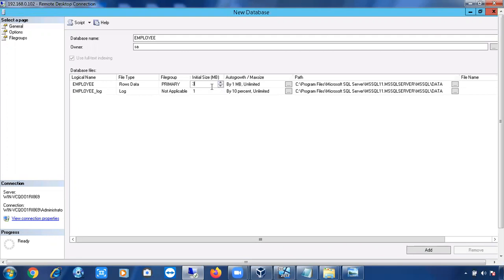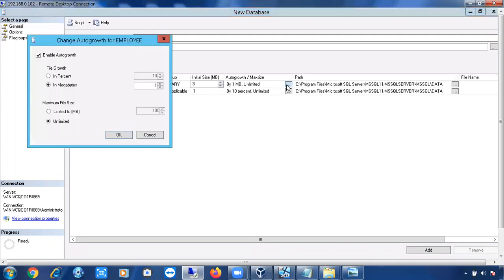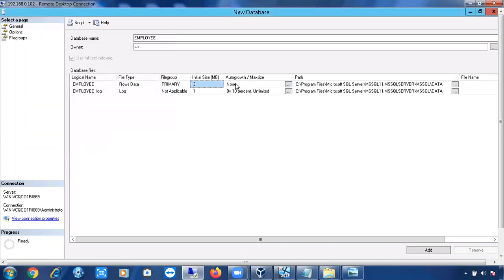If this 3 MB is completely full and you have set the auto growth option, you can see the auto growth option here. Make sure enable auto growth is selected. If auto growth is none, the file will be full once it reaches 3 MB and doesn't have space to grow.